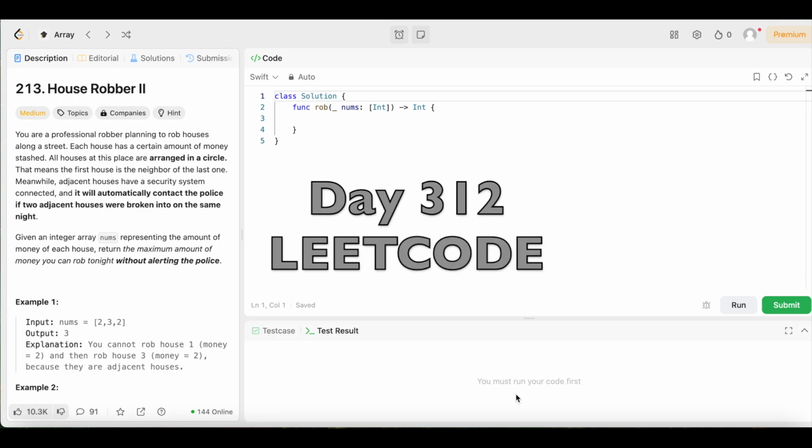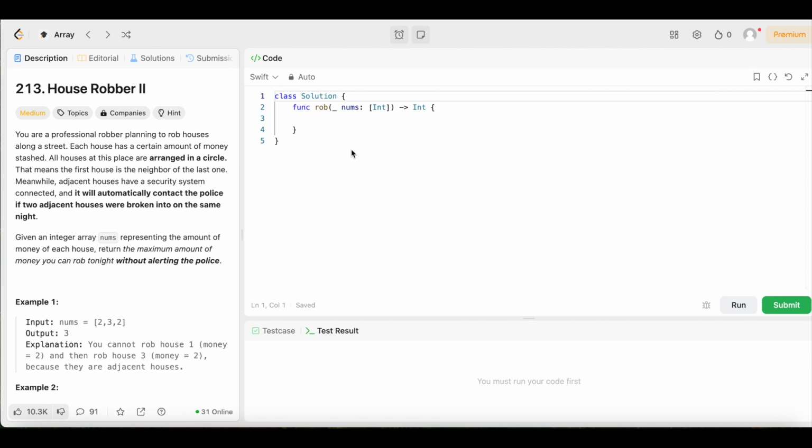Day 312 of doing a LeetCode problem every day until I get a job. All right, y'all, we're back again, another day, another LeetCode problem where we're doing daily LeetCode problems. And today we have question number 213, House Robber 2. The difficulty level is medium, but don't worry because we're going to keep the solution as simple and easy to